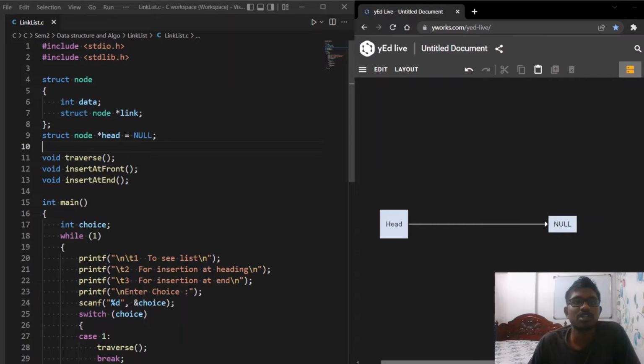Hello, my name is Shakti, and in this video, I'm going to explain how to create a linked list in C language. To create a linked list in C language, we have to first write the